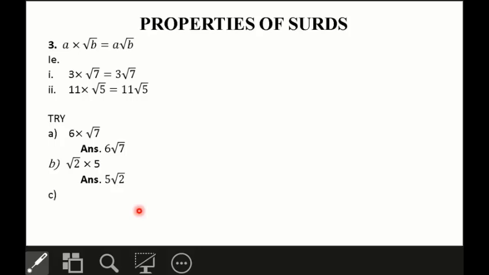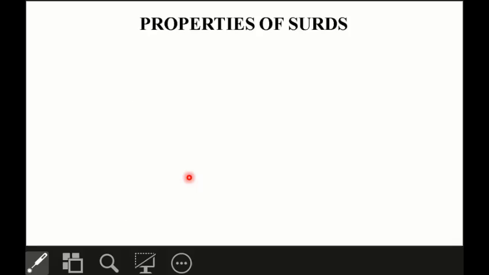Congratulations. Let's move on to the next one, which is 8 root of 17. And our final answer there will give us 8 root 17. Good. That is good. Let's move on to the next property. That's property number 4. Our property number 4 says that if I have a root b,